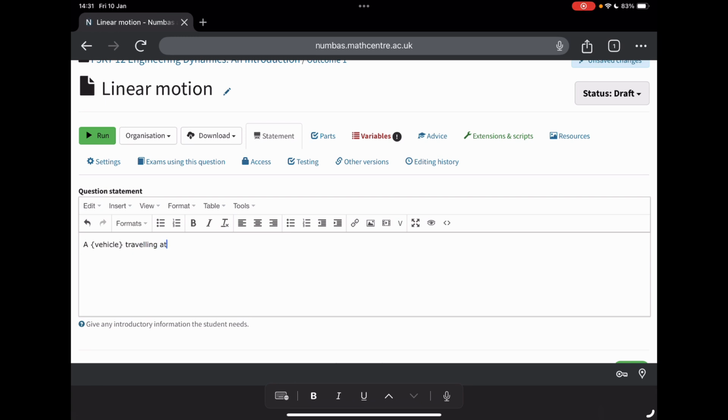Travelling at, and the first is our initial velocity we want, and our initial velocity here is going to be in kilometres per hour, and I'm going to put the kilometres per hour in LaTeX, just that makes it look slightly nicer, so km per h,